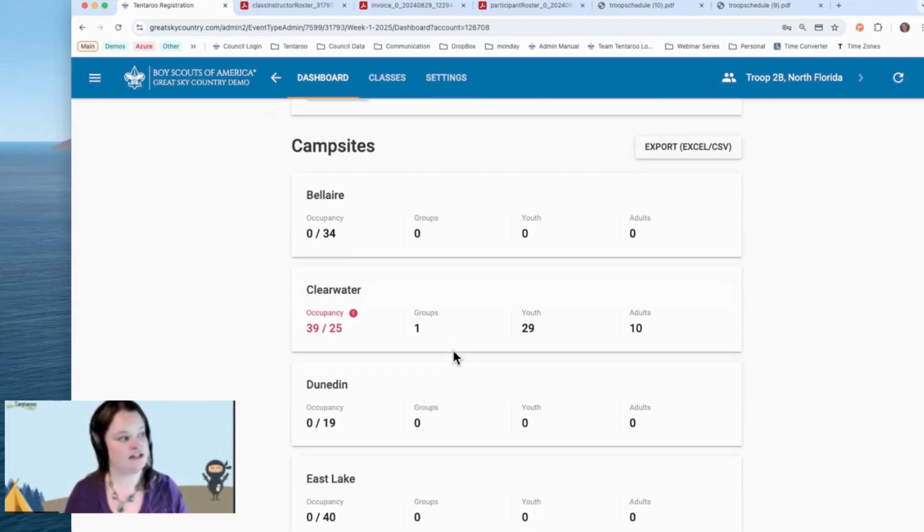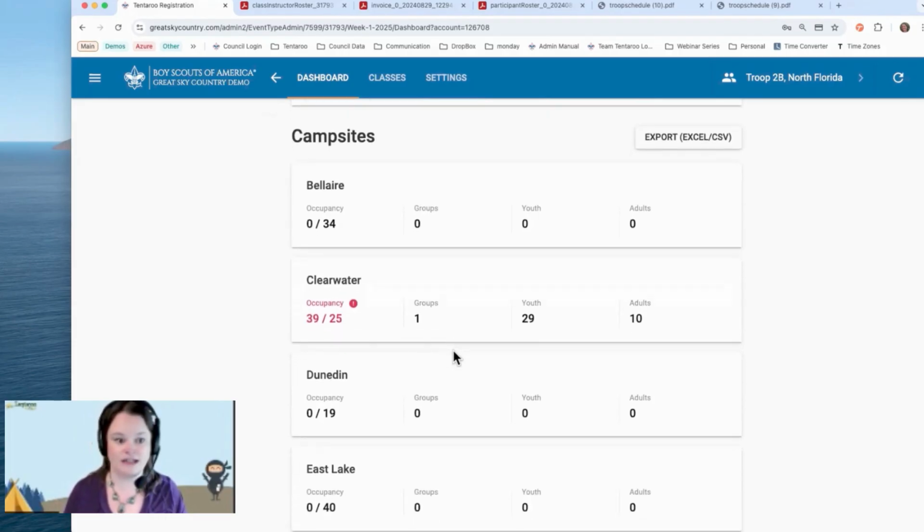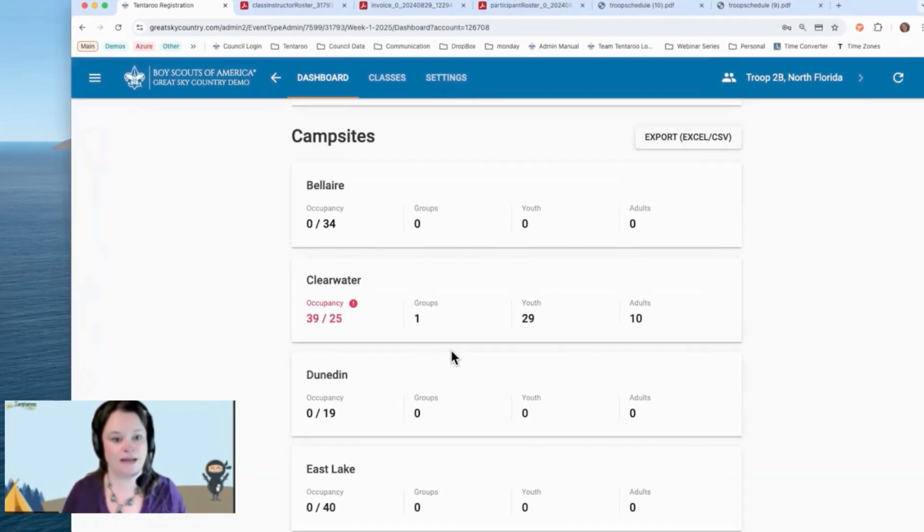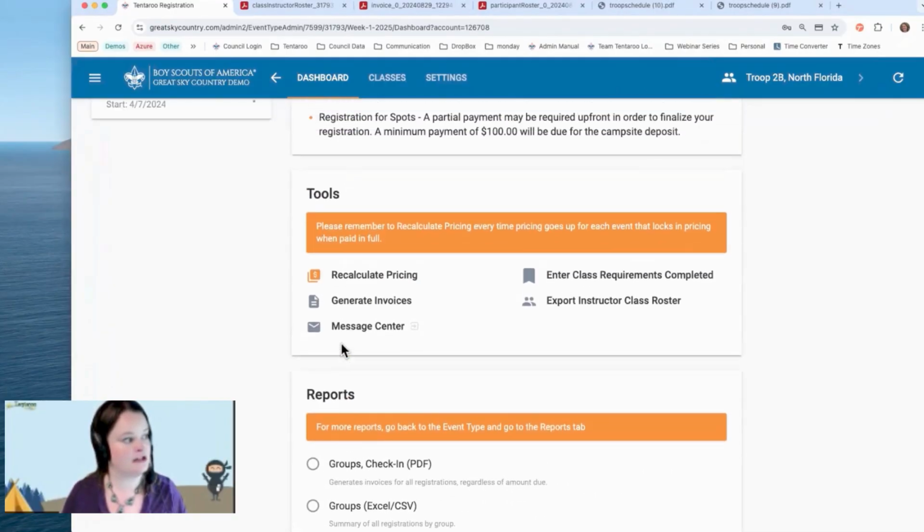The next section is a campsite summary. This shows numbers that you have in each campsite, and it's displayed if this event uses numbers and if the location has campsites built. Those are the 5 main sections of the dashboard, but I also want